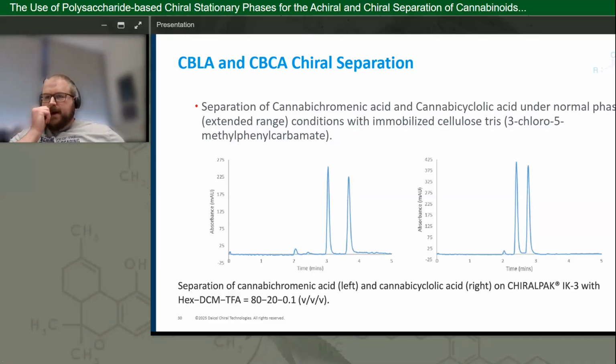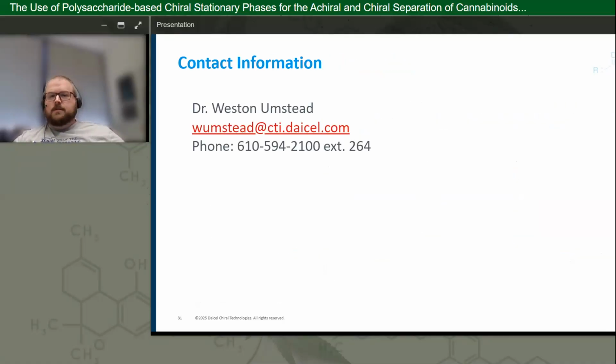It's like a normal phase, but it's using DCM instead of ethanol or isopropanol. On immobilized cellulose tris 3-chloro-5-methylphenylcarbamate,